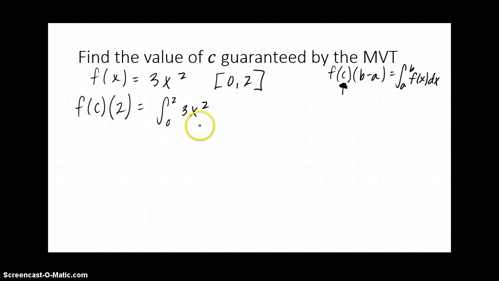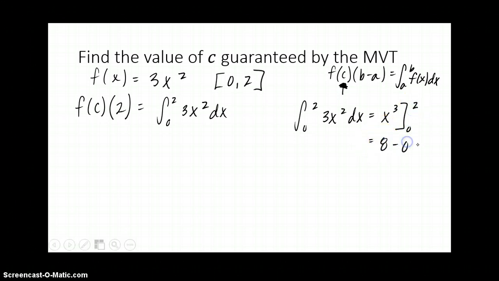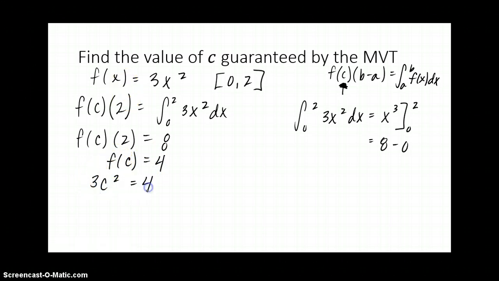Alright, so let's work on this. The integral from 0 to 2 of 3x squared dx. Using the fundamental theorem, when we take the antiderivative, we have x cubed between 0 and 2. 2 cubed is 8 minus 0. So f of c is equal to 4. Alright, what is f of c? This is where we'll replace in our function. We'll replace the x with the c,